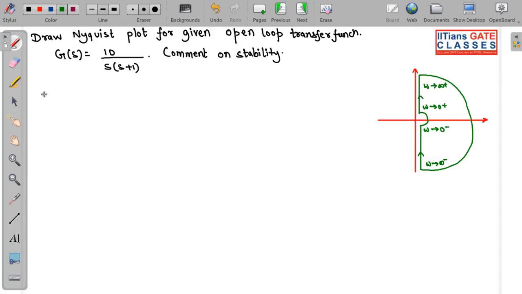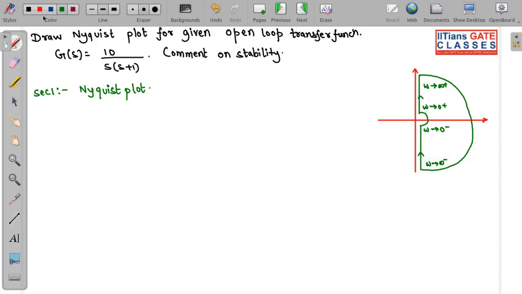So first we are taking section 1. So section 1 is what? It is your Nyquist plot. So very quickly we will do, and we even know that this Nyquist plot, it will start in your third quadrant and it will terminate at what? It will terminate at your third quadrant only. Okay,